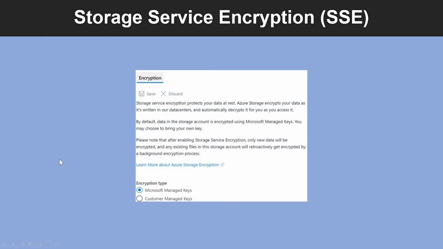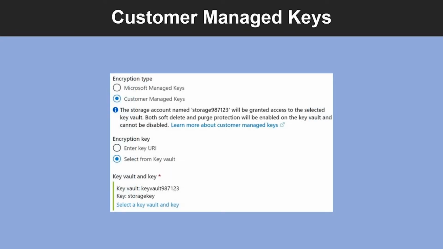Now let's understand the storage service encryption. Azure Storage Service Encryption, or SSE, for data at rest helps you protect your data to meet your organizational security and compliance commitments. With this feature, the Azure Storage platform automatically encrypts your data before persisting it to Azure Managed Disks, Azure Blob, Queues, Table Storage, or Azure Files and decrypts the data before retrieval. And all data written to the Azure Storage platform is encrypted through 256-bit AES encryption, which is one of the strongest block ciphers.